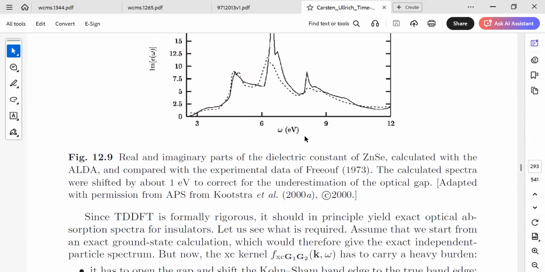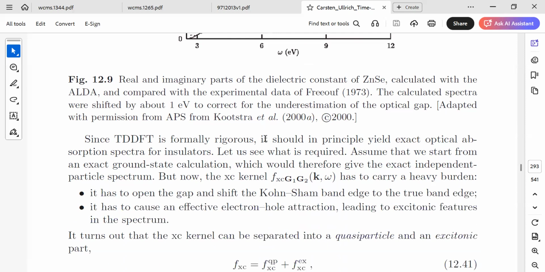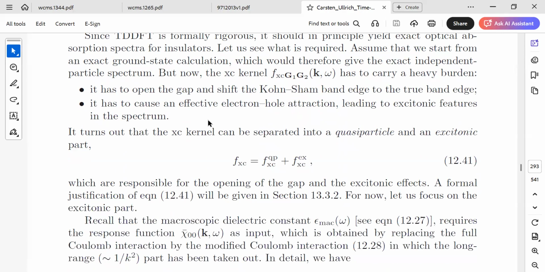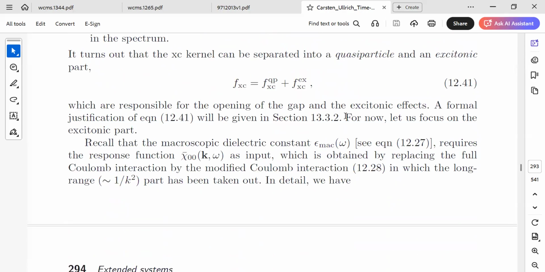This means that there is something other than the problem of the band gap, which cannot be included in the DFT based approximation. So this is another evidence that we actually have to include the many body effects, because the excitonic effect is a purely many body effect. So we need some modifications in our calculation.